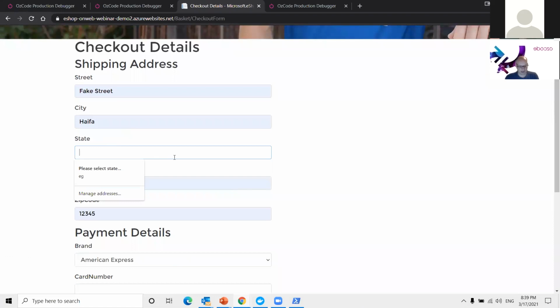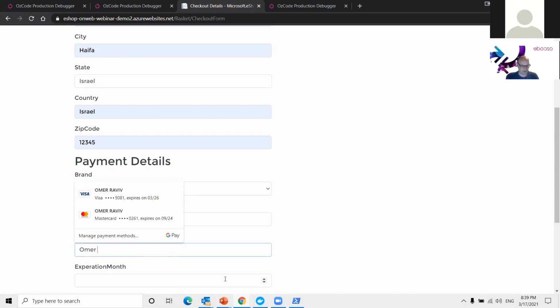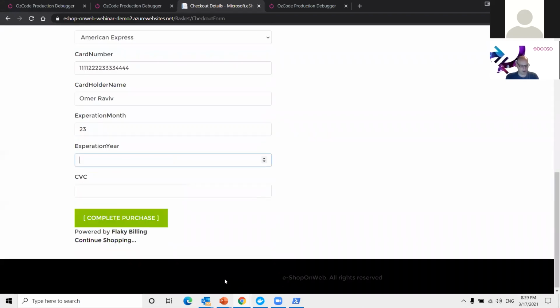And this could be, if this was not a demo, this would be my very sensitive credit card information. So I'm going to just do this one, which is a great credit card number. And I'm going to put in my actual name here. So please do not abuse these very private details. And I'm going to hit complete purchase.